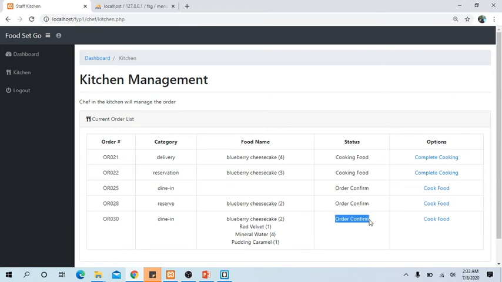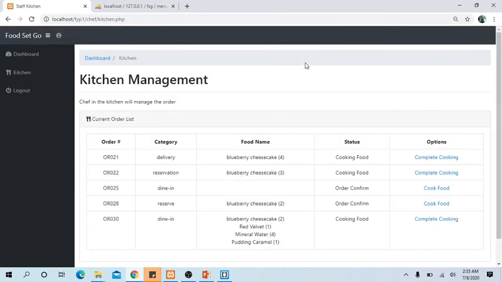When the user already pays and the waiter already assigns a table, it will automatically confirm the order. And then the chef will click on here, cook food, which is order taken. Okay, then that was